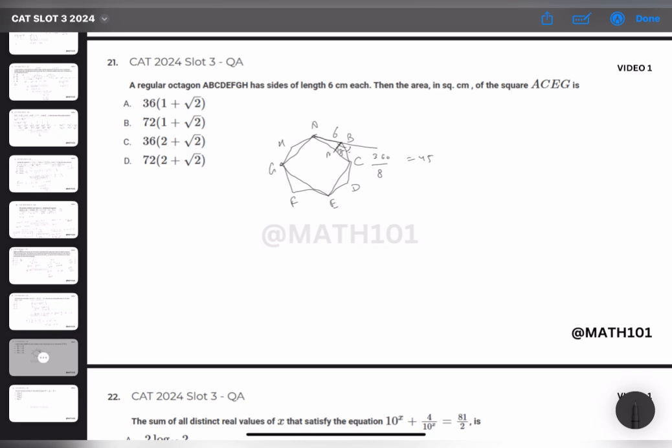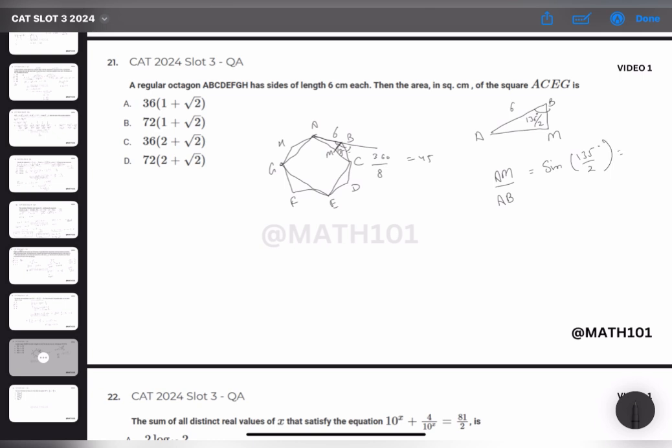Let this midpoint be M. So we have A, B, M. By symmetry, we can say that BM bisects the angle ABC. So this angle ABM becomes 135 divided by 2 degrees. This is 6. So we have AM upon AB equals sine 135 degrees by 2,